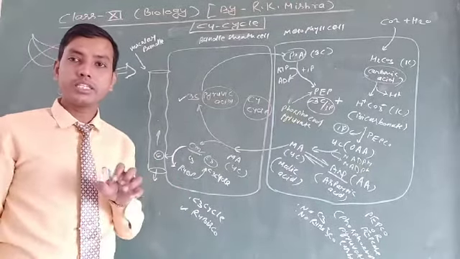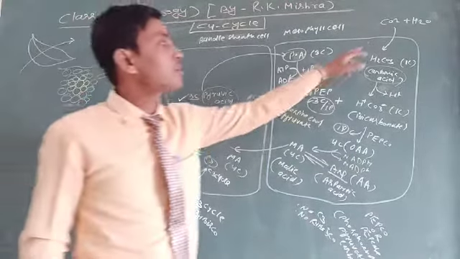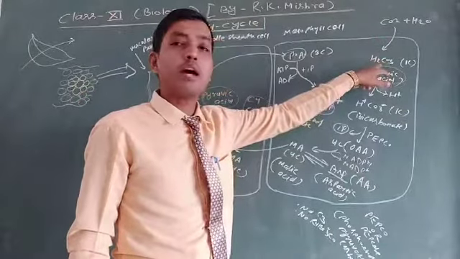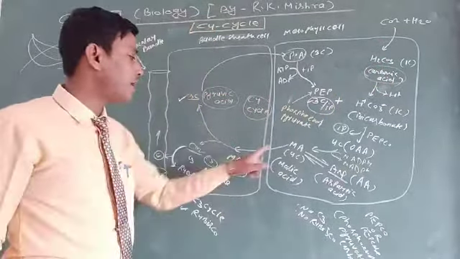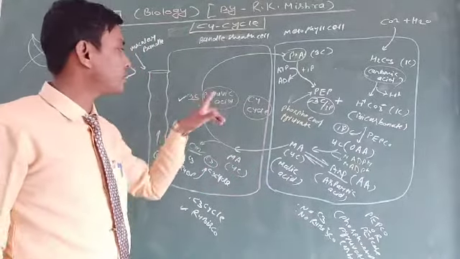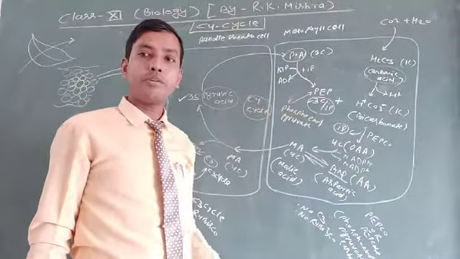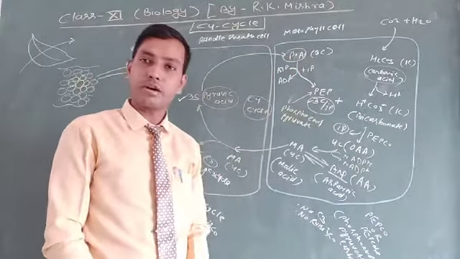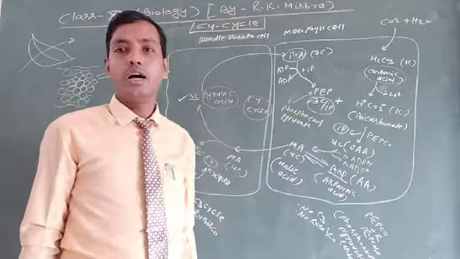There are overall 3 steps: carboxylation, decarboxylation and regeneration. The process of fixation of carbon dioxide into carbonic acid is known as carboxylation. Decarboxylation is when malic acid releases the carbon dioxide. Regeneration is when pyruvic acid further converts into phosphoenol pyruvate. The overall process of carboxylation, decarboxylation and regeneration happens each time during the C4 cycle.